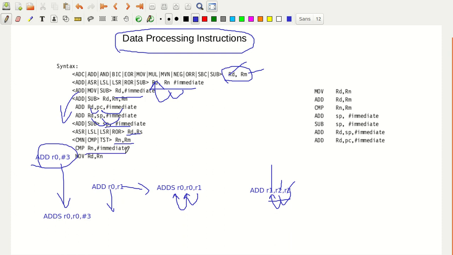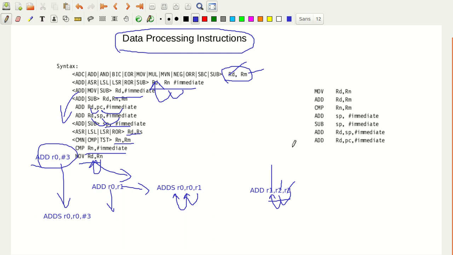Of course you have this comparison with the immediate value, this is comparison with the register, two registers, and move RD comma RN. As you can observe here, move RD comma RN, there are only two fields here. Here, whatever the content of RN is, that is moved to RD. This is more or less similar to the ARM instruction set data processing operations.